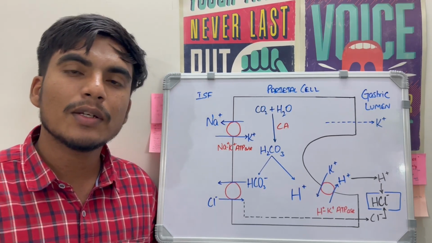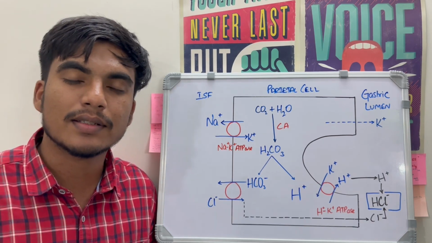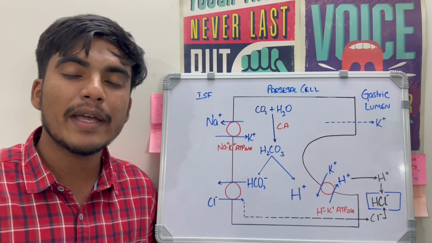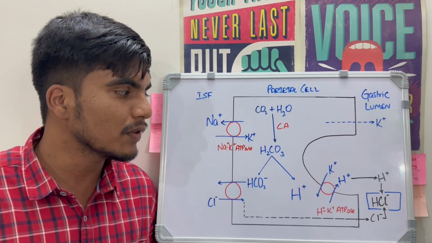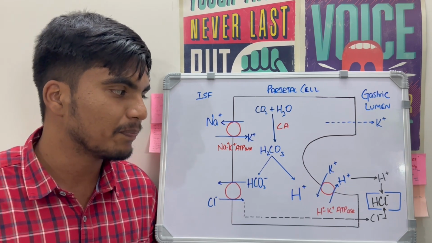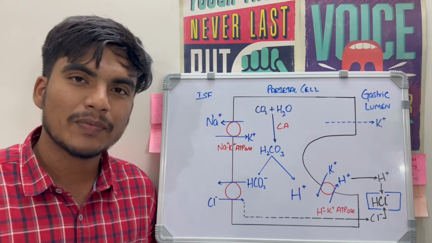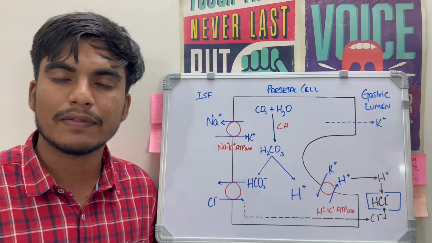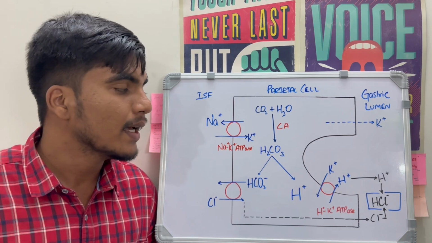So before diving into the mechanism of HCl secretion, let's see why we need HCl in the first place. Out of the many functions of the stomach, secretion of HCl constitutes one of them, right? So why do we need HCl? There are four main things. HCl aids in the digestion of the food. It kills microorganisms. It converts